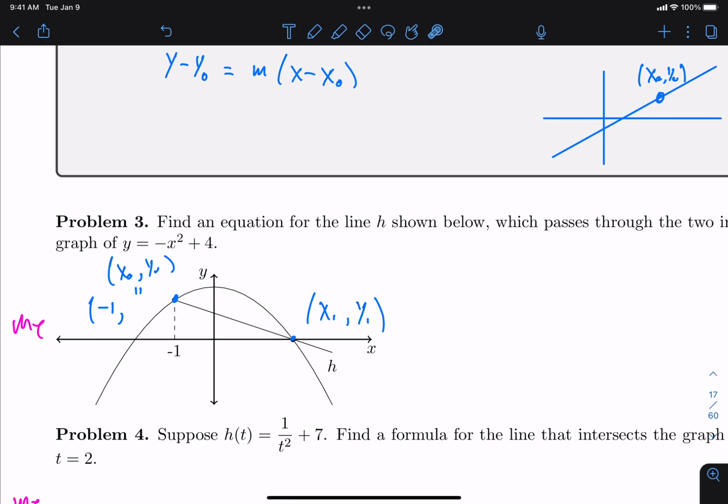You have to plug it in. Yeah, you can, y0 represents this height, or if you want, you could put it as a tick mark on the vertical axis, right? That's y0. But I want to know how high that point is. I want to quantify that. Well, the way you get the height of the function is by taking the input, the x value, and plugging it in, okay? So y0 is going to be equal to negative x0 quantity squared plus 4,